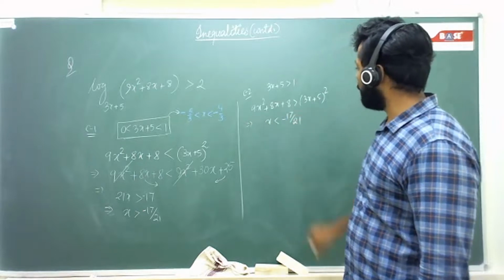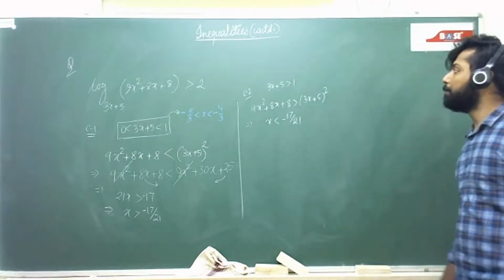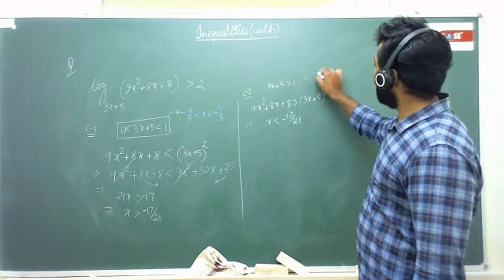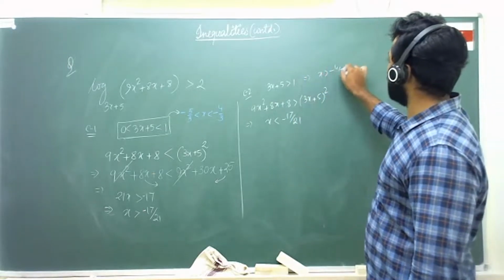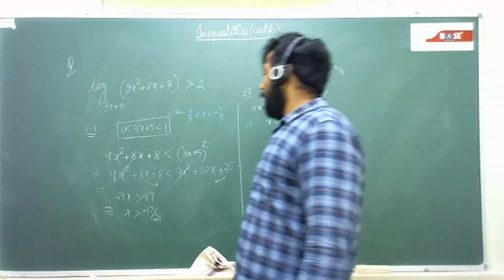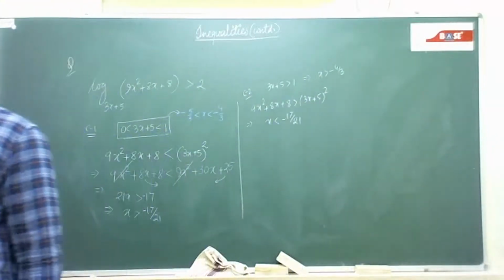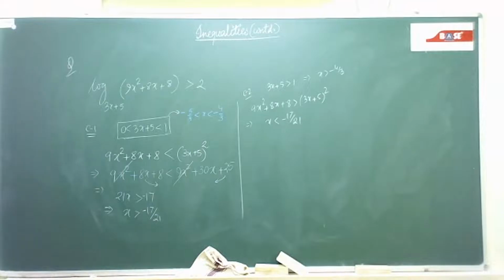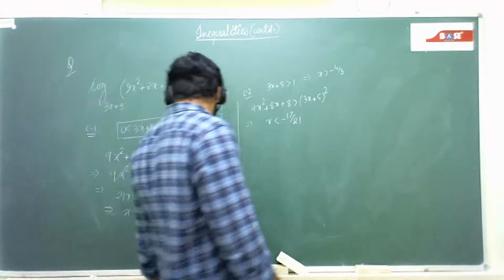That means we'll end up at this minus 17 by 21. And from there x is more than minus 4 by 3. We have to sum up all these cases. And the final region that we can conclude from here is